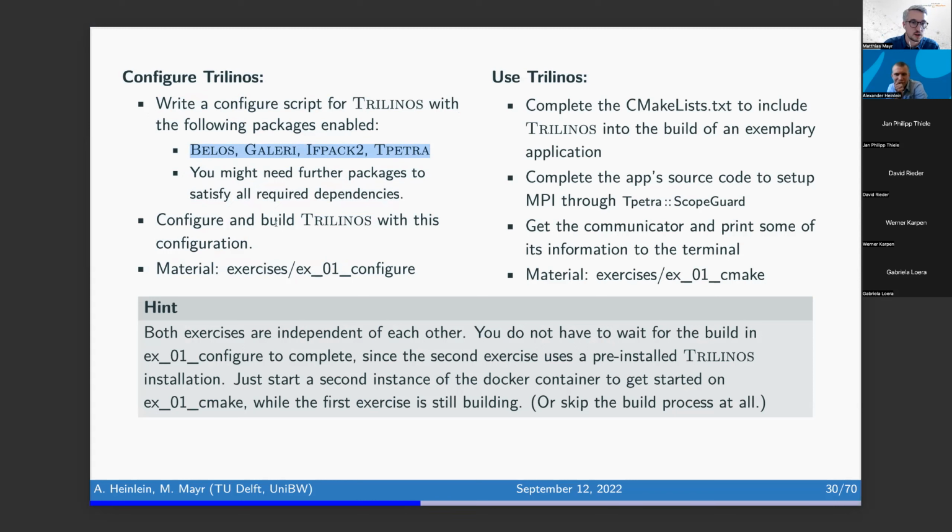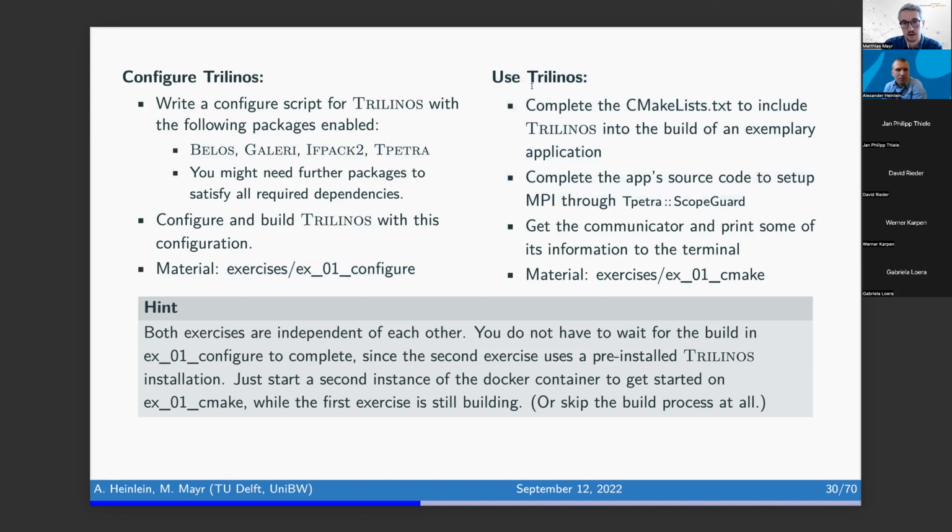And you can configure and build Trilinos with this configuration. You can find all the details and all the material for these exercises in the Trilinos Docker repository under exercises x01 configure. When you have done that, or let's say if you can configure and start the build, then you can move on to the second part,